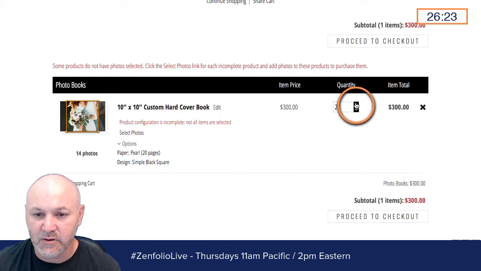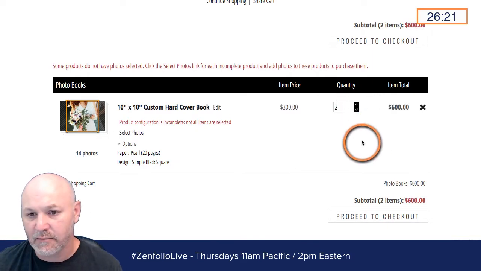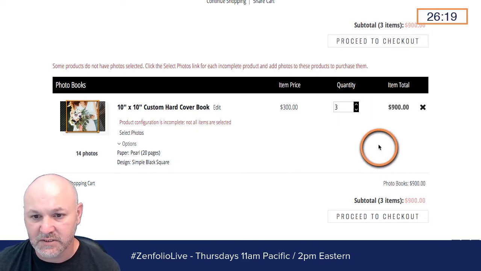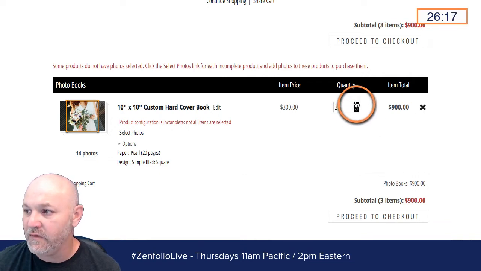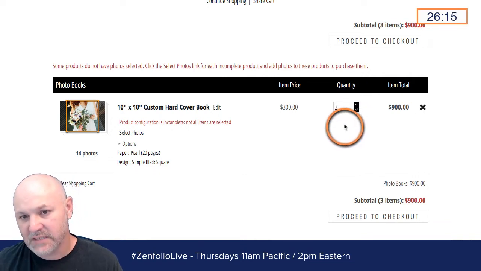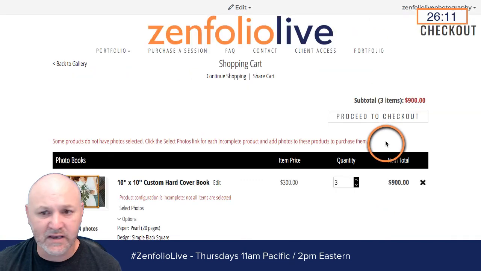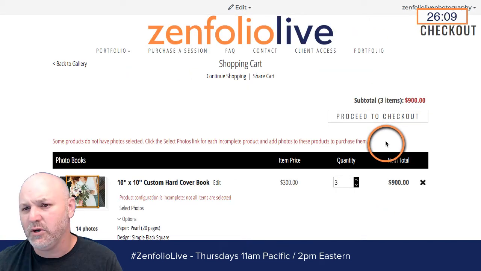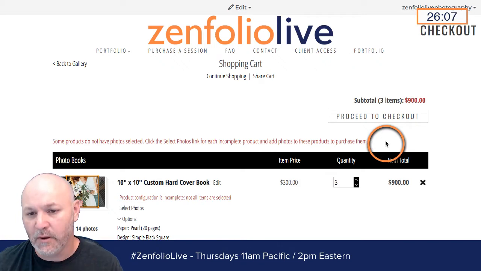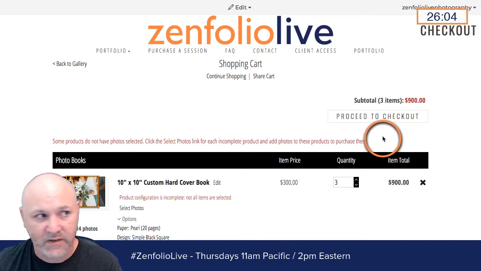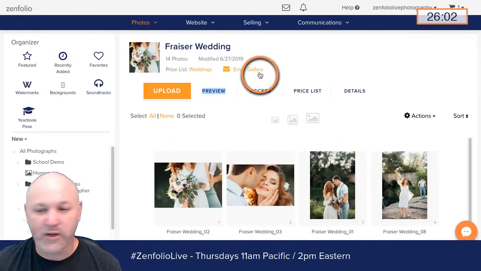They can come up here and say, okay, I want 2 copies of that book, or I want 3 copies of that book. So they can bump up the quantity right here inside of the cart and then check them out that way. So that's one way they can do it. Unfortunately, I don't think it's going to work in the package like you're wanting, but they can bump up the quantity inside of here. All right, great question though, Mark, but definitely appreciate that question.